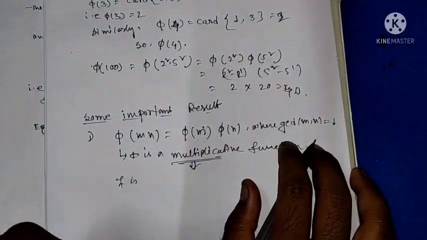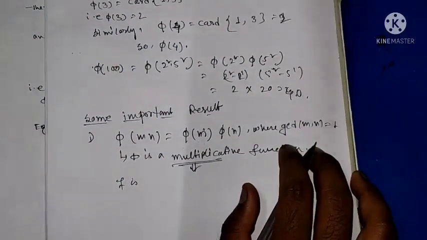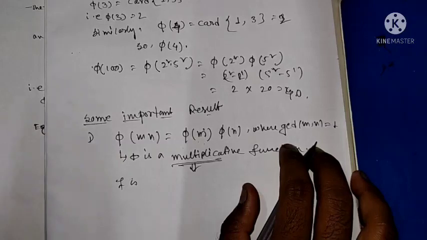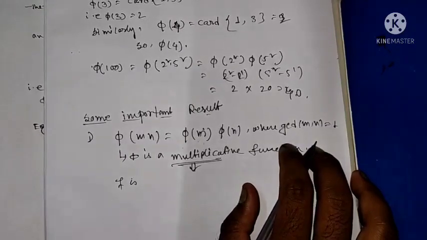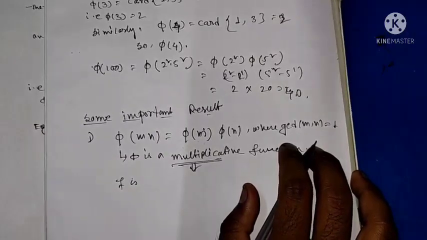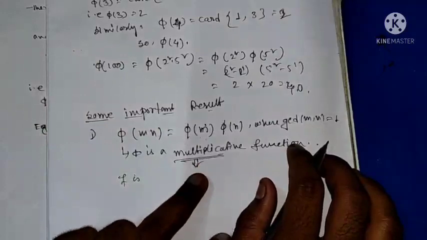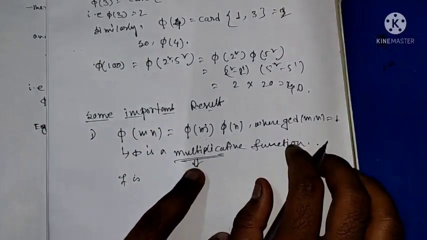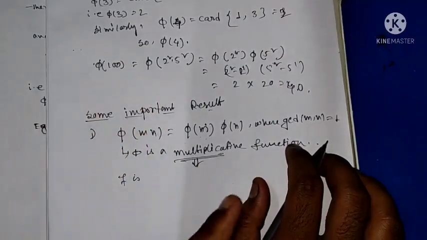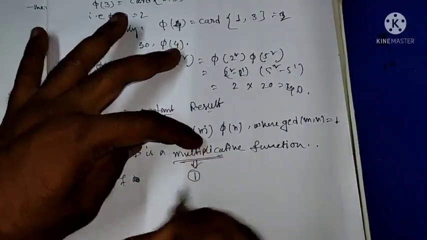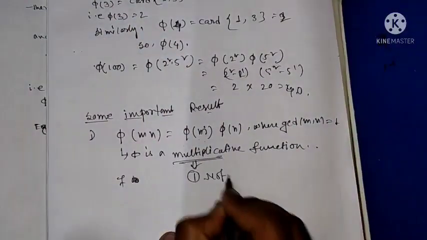Identically 0 function means a function is said to be identically 0 if the functional value is 0 at every point. Okay. And what is a multiplicative function? A function is said to be multiplicative if it is not identically 0 and